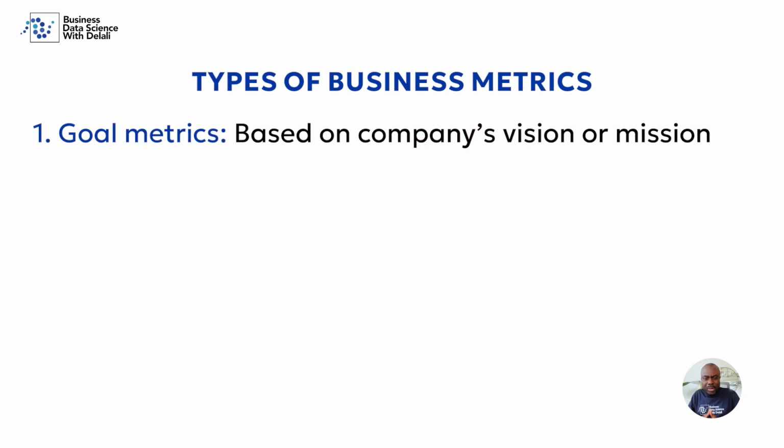So, today I really want to discuss four major types of business metrics. The first one is goal metrics. Goal metrics are business metrics that are based on the company's vision or mission or both. For example, if you think about